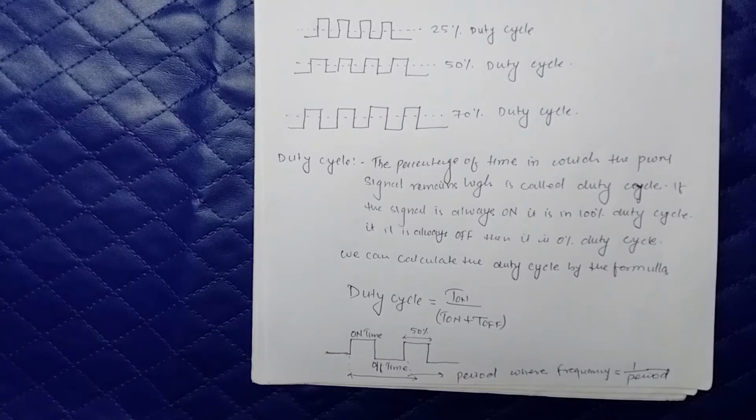So we have seen PWM and duty cycle, but how will we control the intensity of LED? Duty cycle means we are controlling the voltage. How much voltage we apply to our LED, our intensity depends on the voltage. If we apply more voltage, our intensity will be high. If we apply low voltage, our intensity will be low.